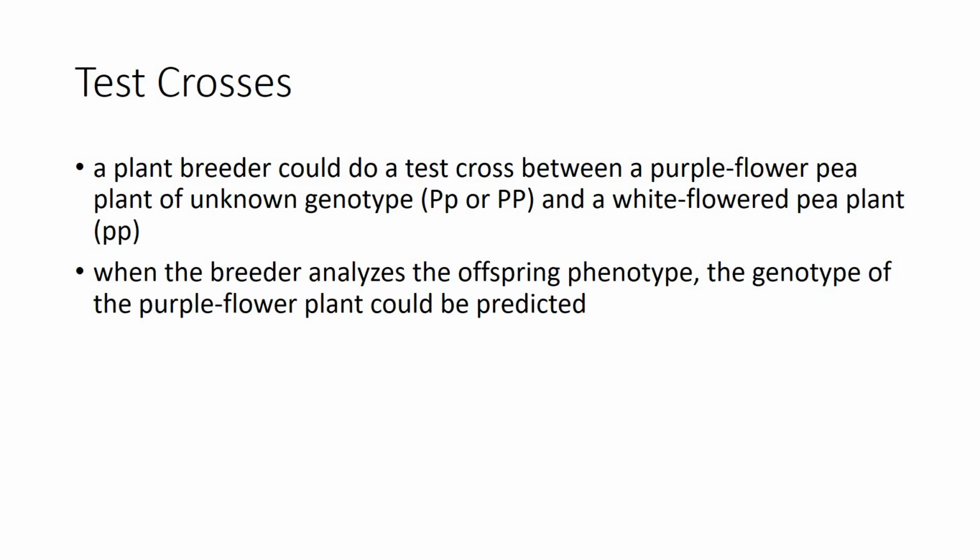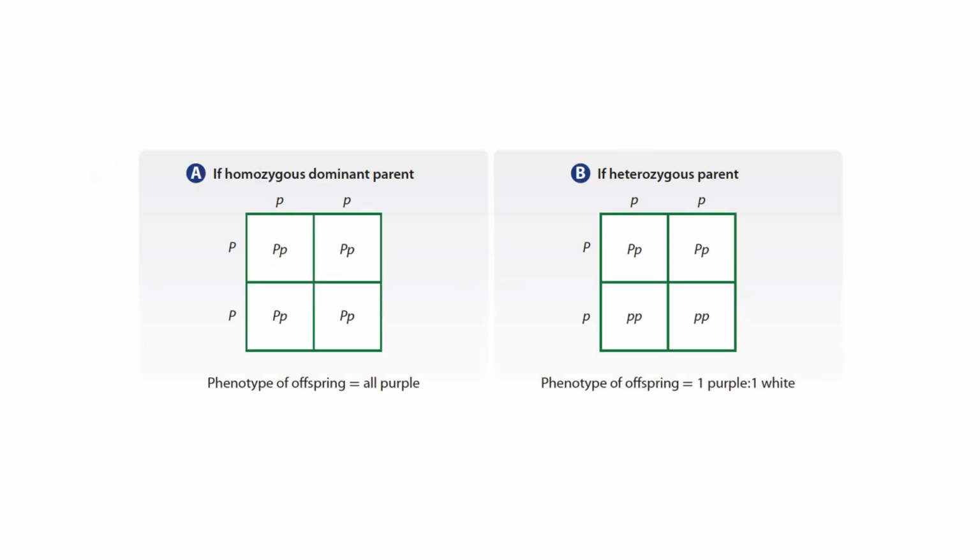A breeder could do a test cross between a purple flower pea and a white flower pea plant. Now we don't know what genotype it is. It shows up as purple, but it could be heterozygous or homozygous dominant. So a test cross can be done. So in the next slide right here, we have a test cross between, so here's our